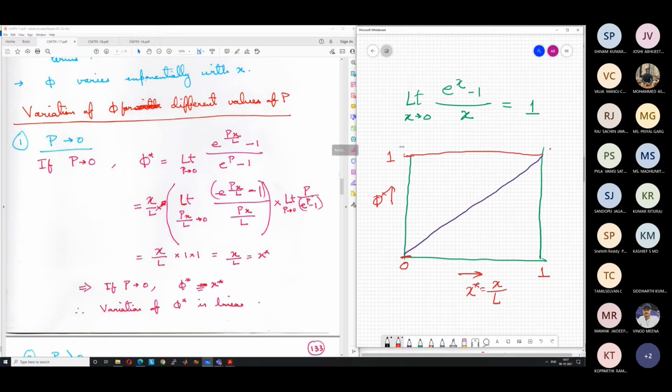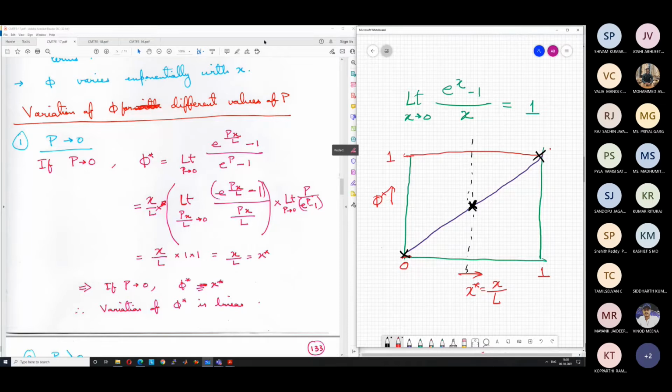So now if I have a location midway between these two points, the value at this point will be an average of the value at this point and the value at this point, right? So basically, here some value, here some value, it will be just the average. And that is what we expect in a diffusion problem.